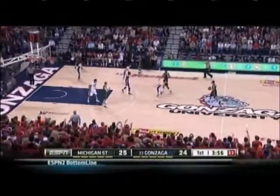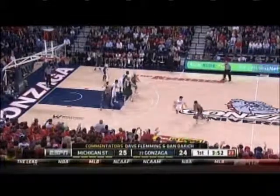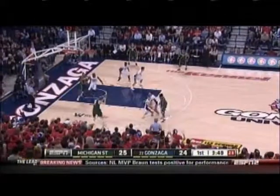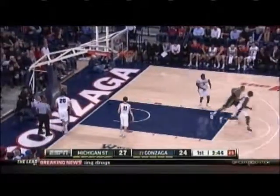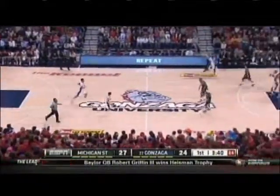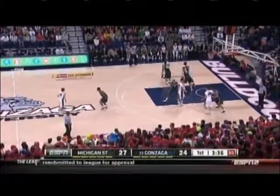Bell makes one of two free throws. One point lead for the Spartans. Tough guy kind of first half here in Spokane. There's Gauna. Gauna knocks down the shot. Well, that's what he can do. He's a pick and pop guy. And he has played very well in practice, according to the assistant coaches, and has been rewarded with